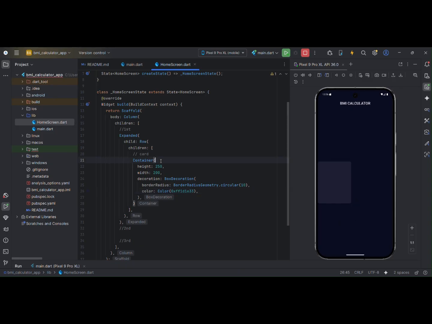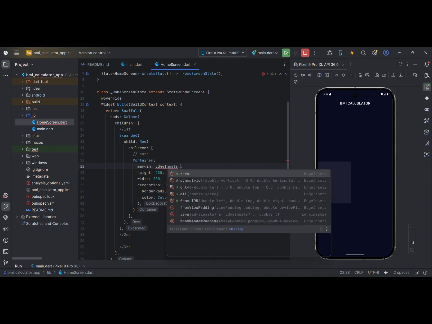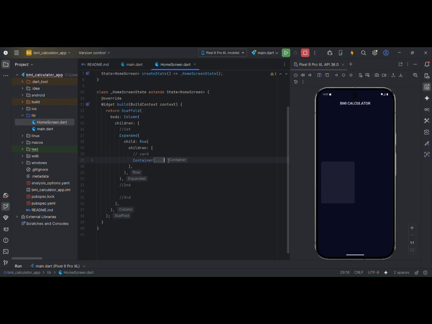So what I can do, since we have a container, I'll just add a margin which has an EdgeInsets dot symmetric, or I can use only, where I want the left side to be like 20, and towards the right I just want to keep that as a 5. Okay, this is the first child of the row. If I just copy the same thing,